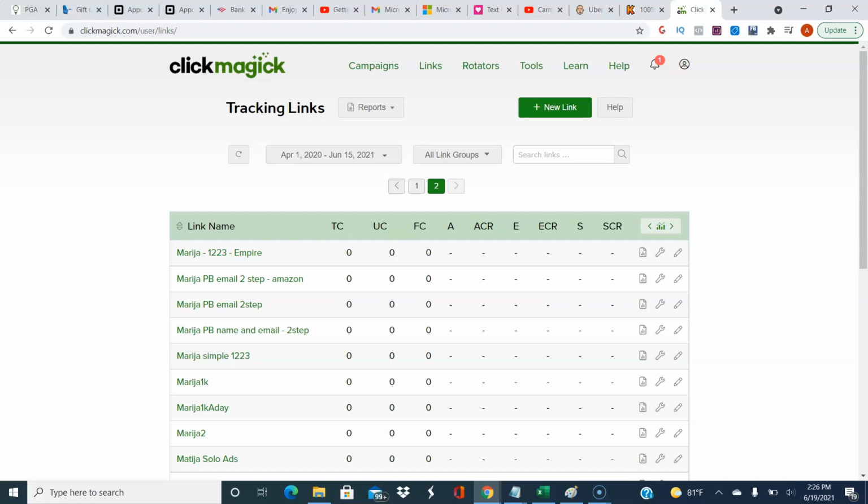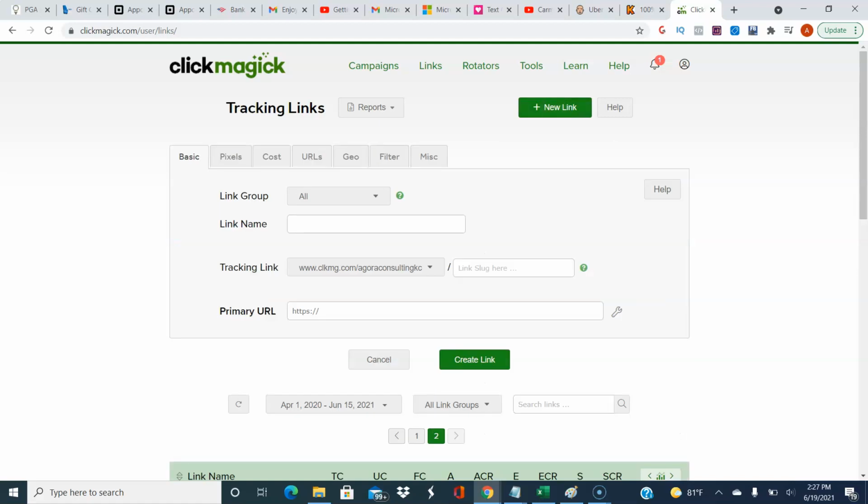Okay, this is so well worth it because you will be able to pinpoint where your clicks are coming from, what keywords are being used. You're able to optimize your ads, and then eventually you'll be able to only target the keywords that are making you sales. All right, so what we're going to do, we're going to click new link, going to say